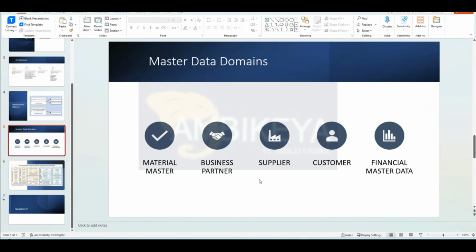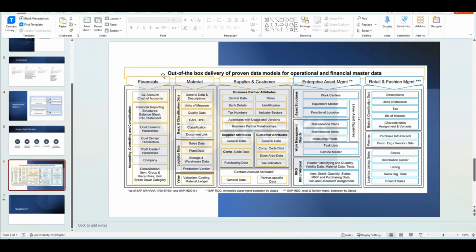Okay. And this is the last slide for today. So this is just describing out of the box delivery of our data models. So these three we discussed: financials, materials, and business partner. Business partner is only supplier and customer. And these three are out of the box. These two, enterprise asset management and RFM, retail and fashion management, are lately out of the box, but